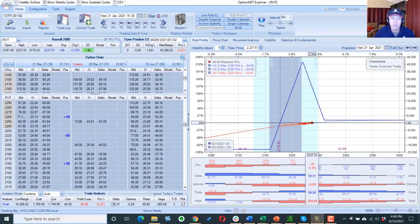We're currently at what we call a delta of positive 28.31. This delta number represents our price movement risk in our position. So what it means if you're a positive 28.31 is if the asset price moves up $1, so from 23.3751 to 23.3851, then it's estimated or projected that this position will gain